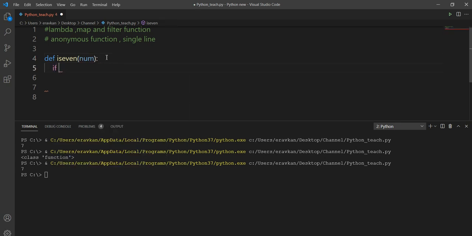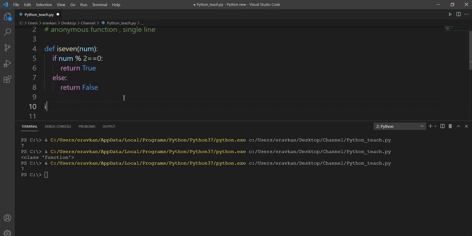Then if num modulo 2 equal to 0, it means I am checking for an even number, then it will return true, else it's going to return false. This is my function.